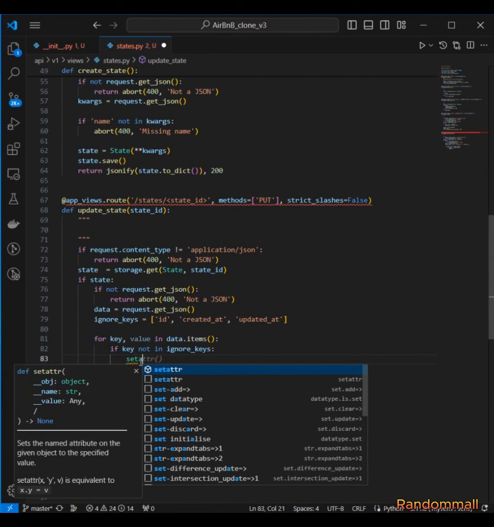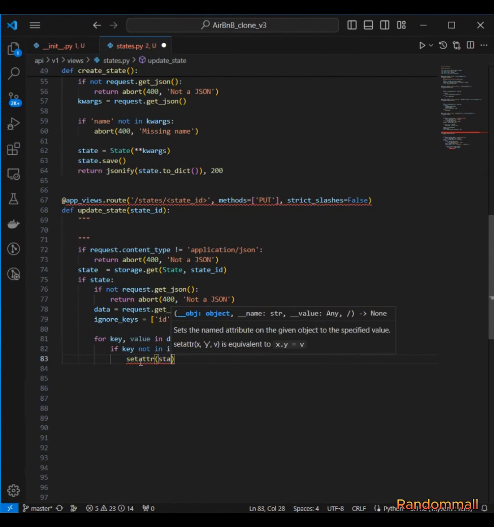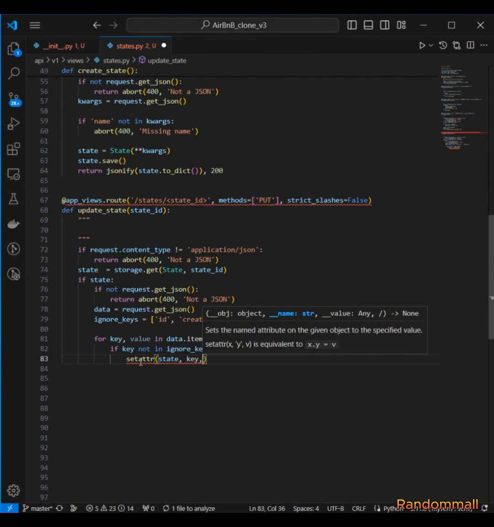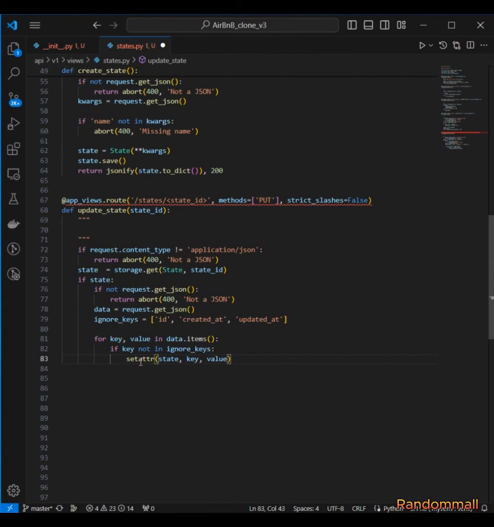Use setattr, pass in the state, and then pass in the key and then the value. And then we call state.save to persist these changes,